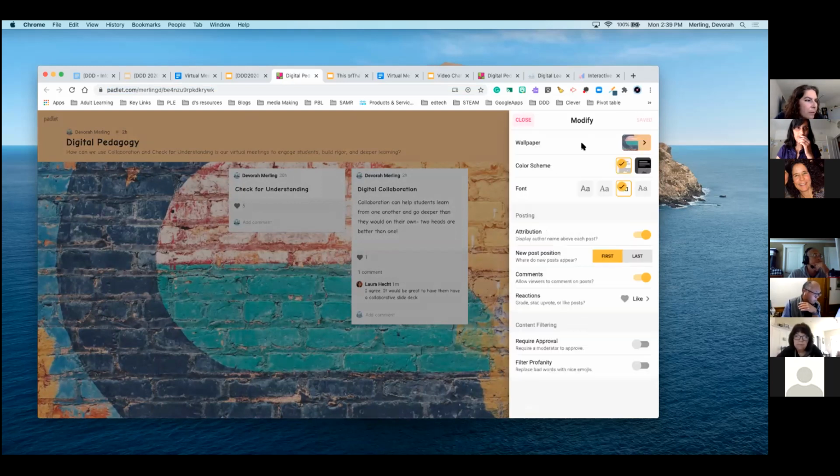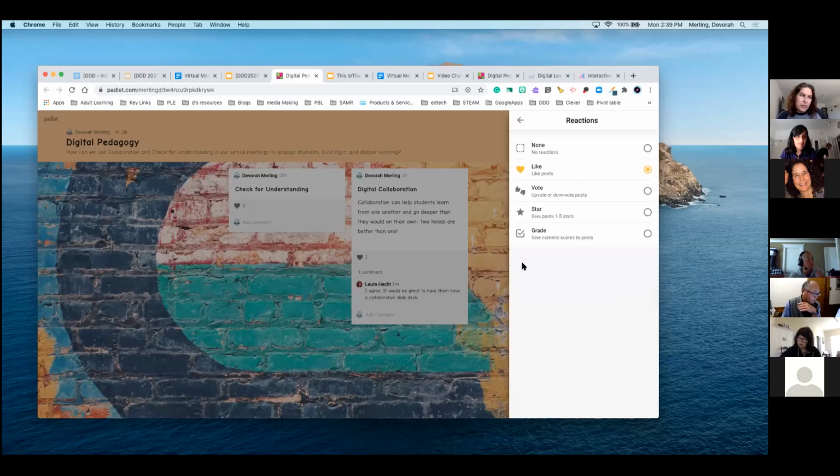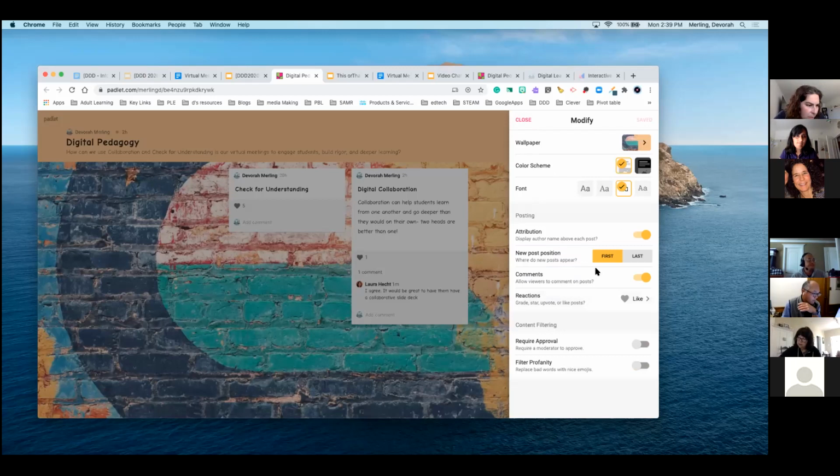Okay, give me a second. The setting to allow viewers to comment on posts is on, attribution is on, new posts are up. Reactions should be set up the right way. I don't have that on. Bummer.